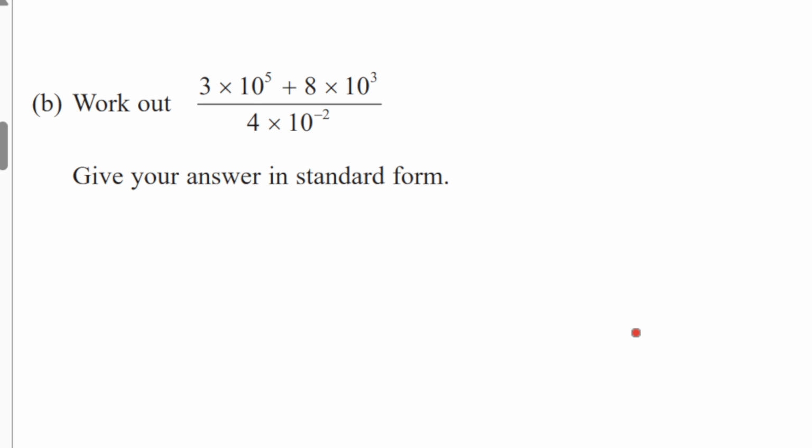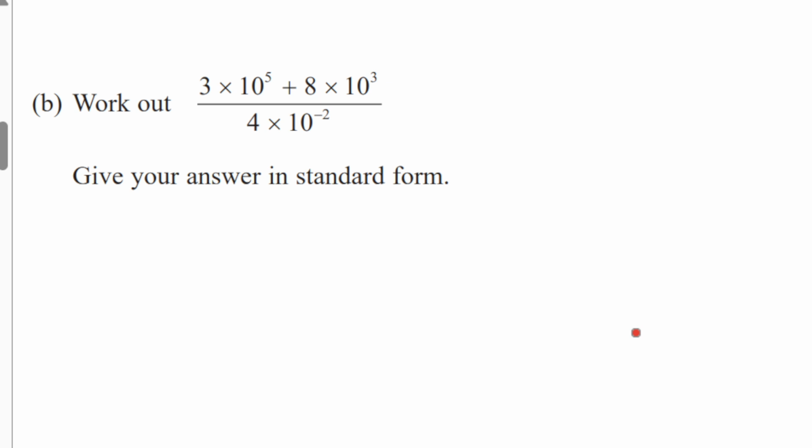Now the second part here says, work out this value. 3 times 10 to the power 5 plus 8 times 10 to the power 3, all divided by 4 times 10 to the power of negative 2. You will just need to plug this in your calculator. So 3 times 10 to the power 5